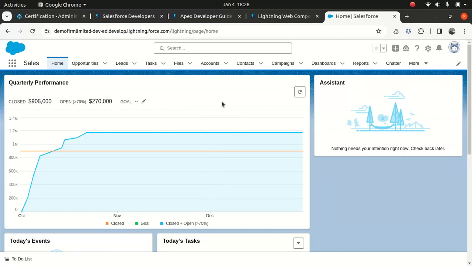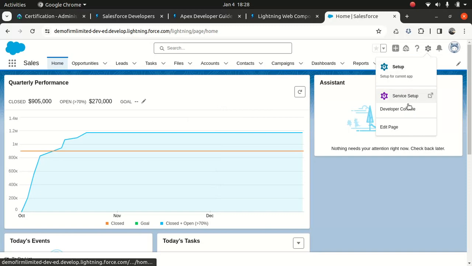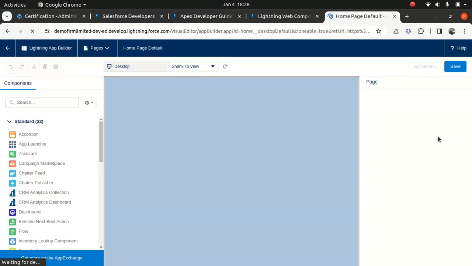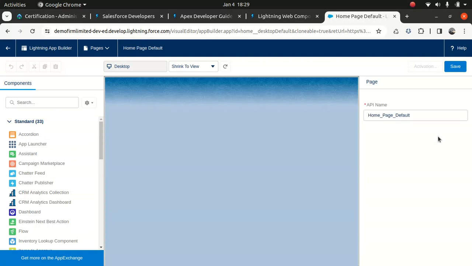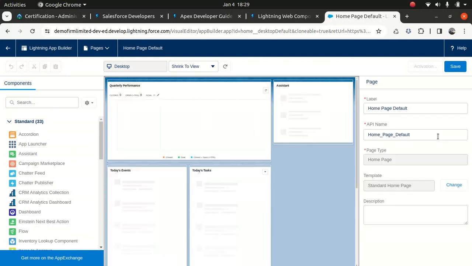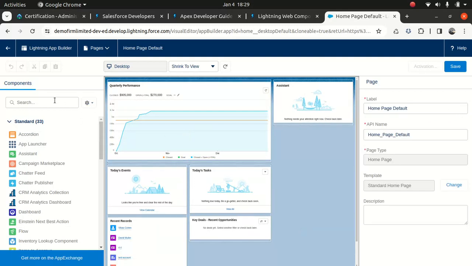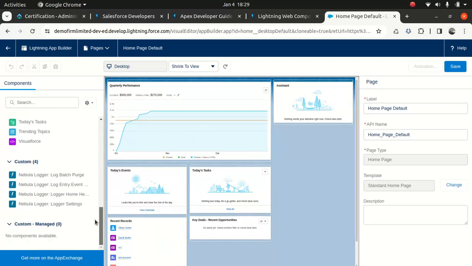This is very simple: you go here, you go to edit page, and every component you build, like I said, LWC, Lightning Web Component, is based on a JavaScript framework. You can scroll down, and there's something called custom. You can drag and drop the component here. That's all it is. It will take care of it.